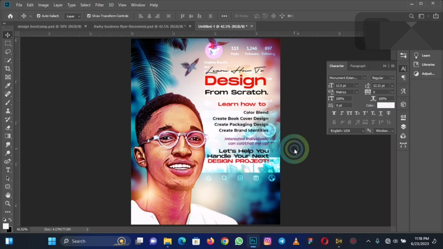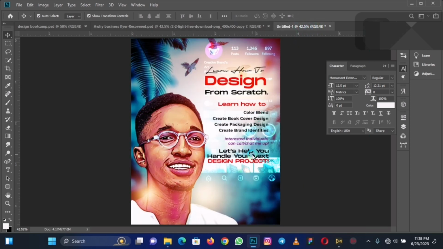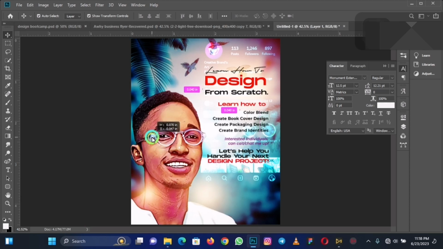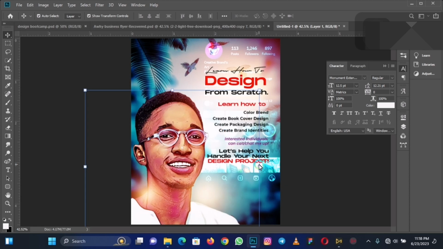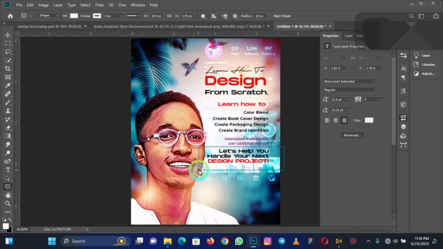So you see, there's a box too which I made under the let's help you undo your next. Let's check it out so you can see. So there's a box there. Although you might not really see it, the box is somehow glowing. I use the box so that you can easily read what is there, because as you can see here, you cannot really see what I wrote there because the background makes it not readable. So I just drew a box, head over to that box, click on it. Draw the same white box and